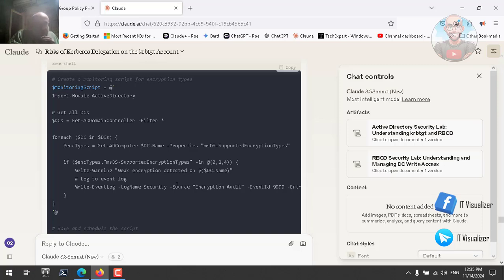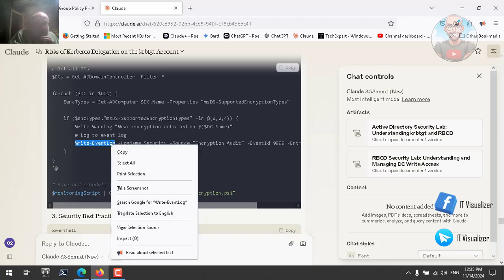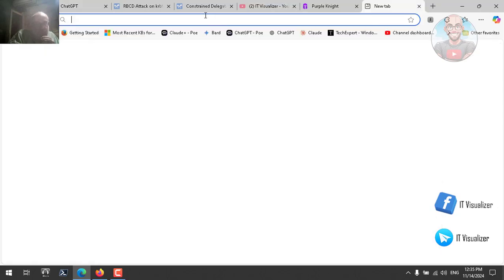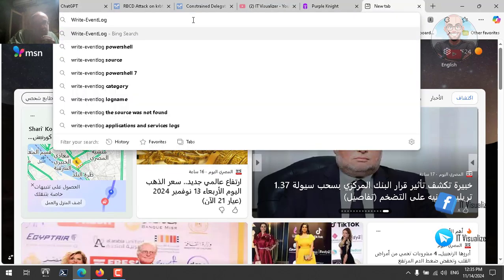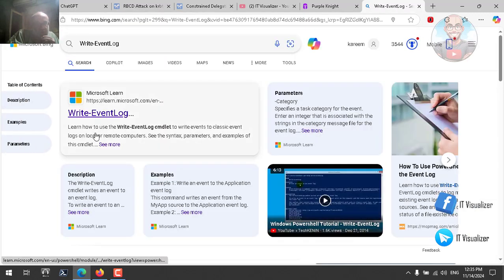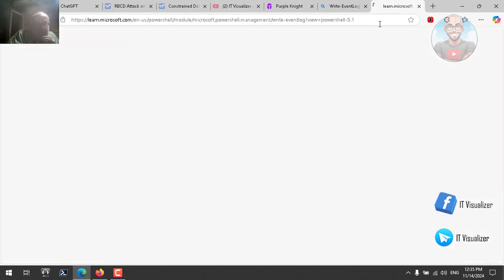I didn't know that I can write custom events to the event log, which is a very good step here. If it is correct, I think it can be. Let me check something here. If you have something like that, copy it and see if this is supported by Microsoft. So there is, okay, it seems we have write event. Okay, so we have this parameter, so this is there. If we can see the parameter of the write event,